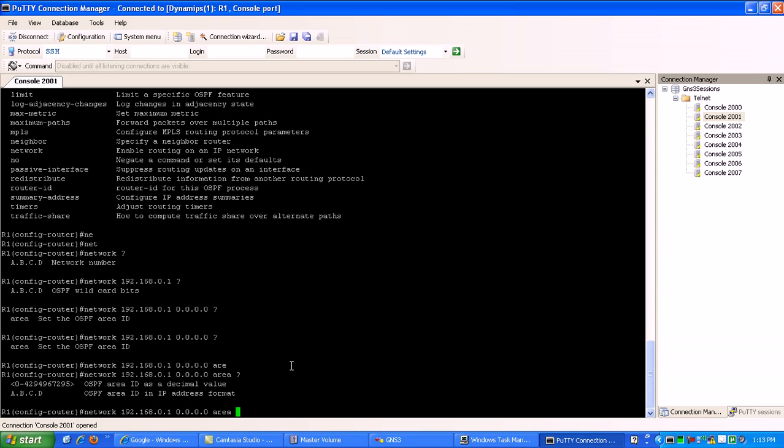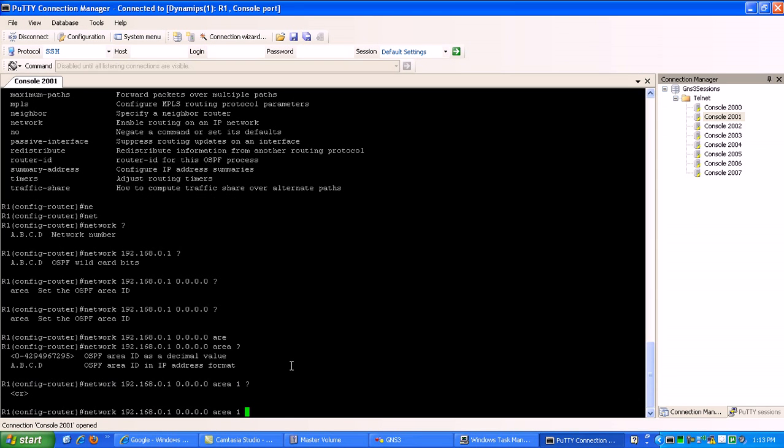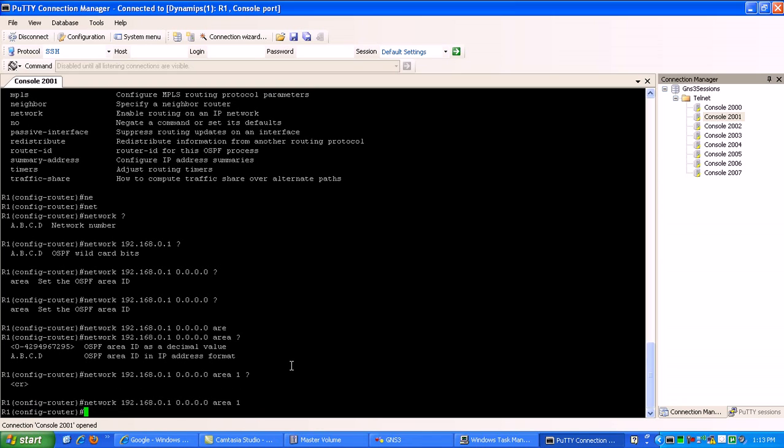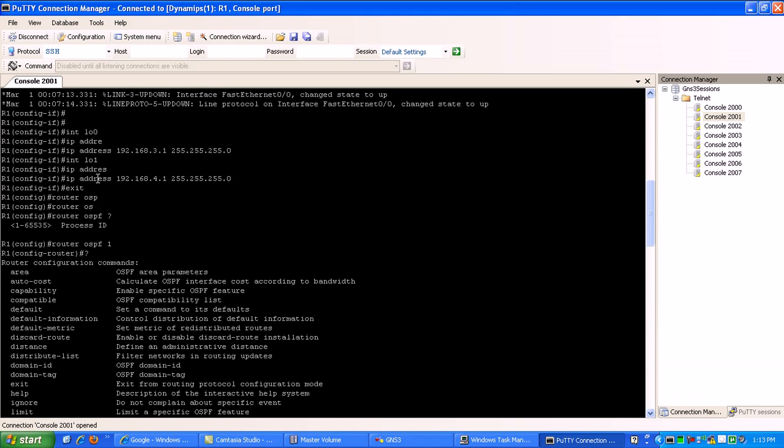So we'll put in area 1 and hit enter. Now that that's done, we can advertise our other networks. We'll go back here, and as you can see on router 1, the networks,